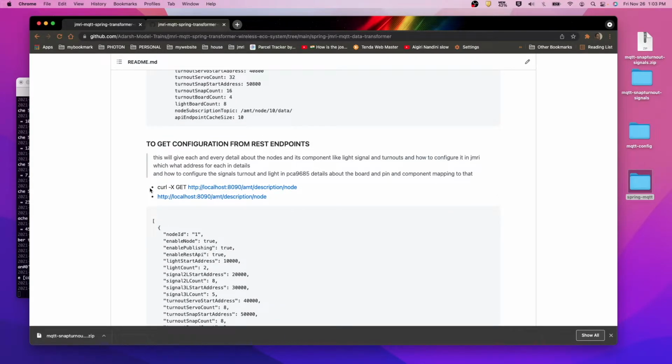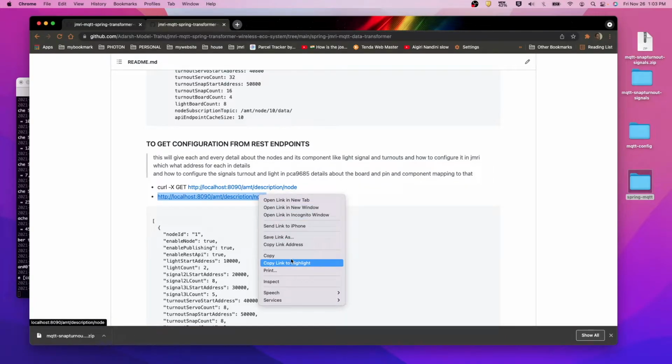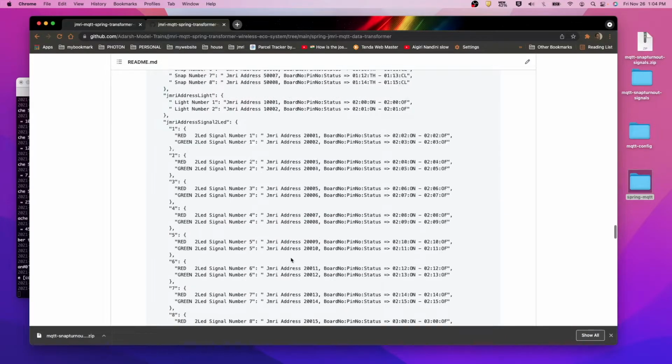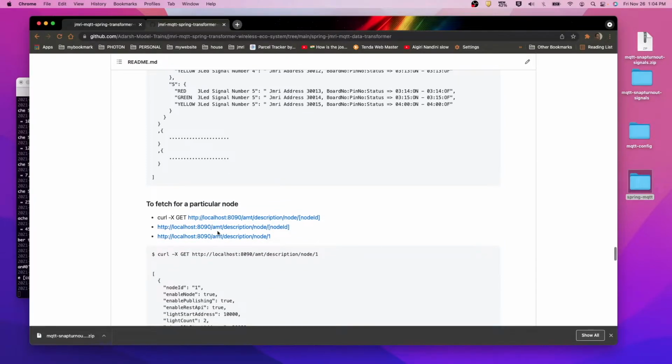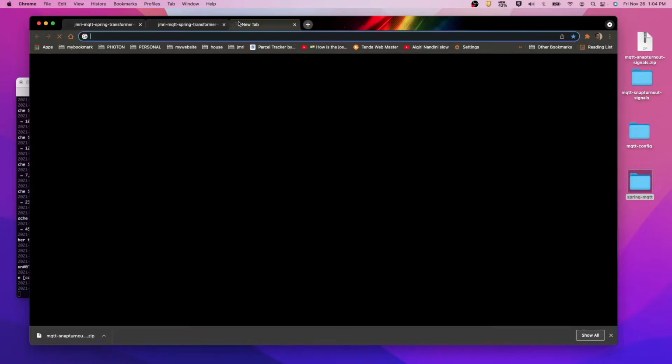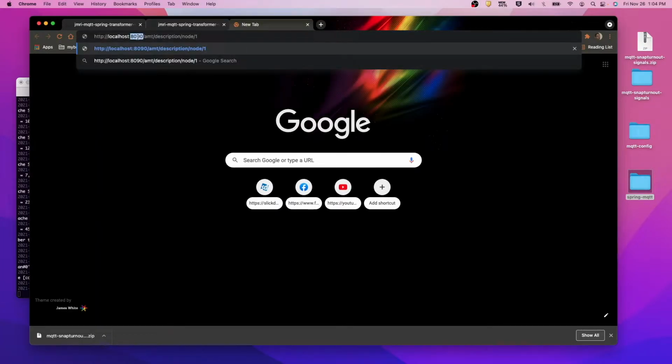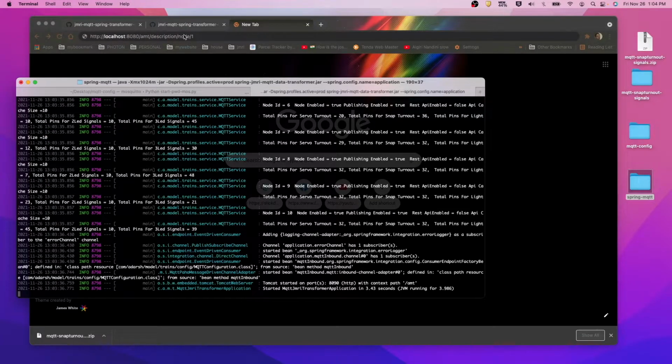So we'll just copy this. This is for all the nodes, but I don't want all the nodes, I want only one node. So we'll take this example, and the application is running on 8080. I guess I have changed it to 8080. No, it's on 8090.